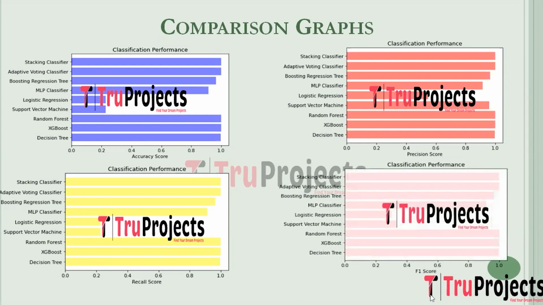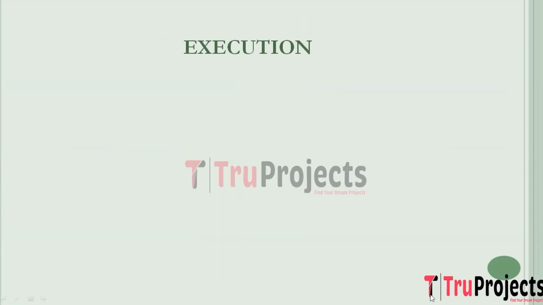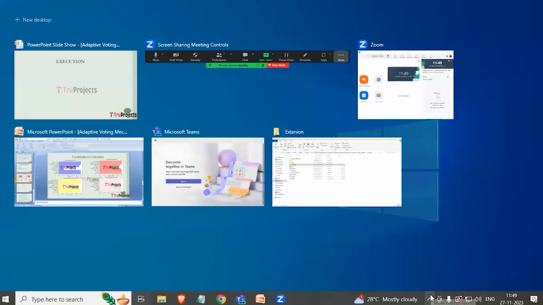F1 score is the weighted average of precision and recall. It provides a balance between precision and recall, considering both false positives and false negatives. In the context of this project, F1 score assesses the overall accuracy of the model in detecting intrusions while considering both types of errors. To execute the project, first we need to open the code folder which contains the source code